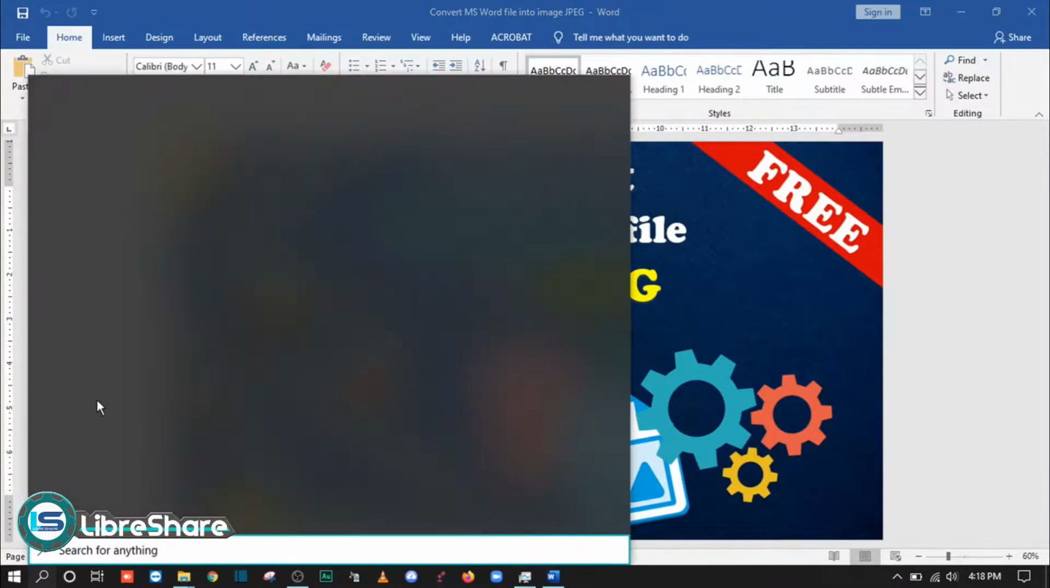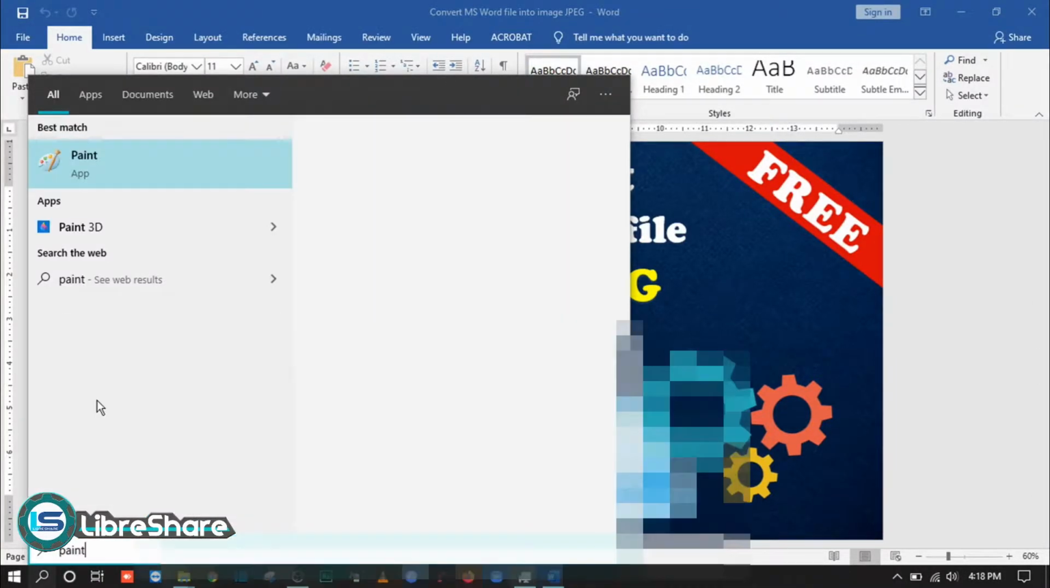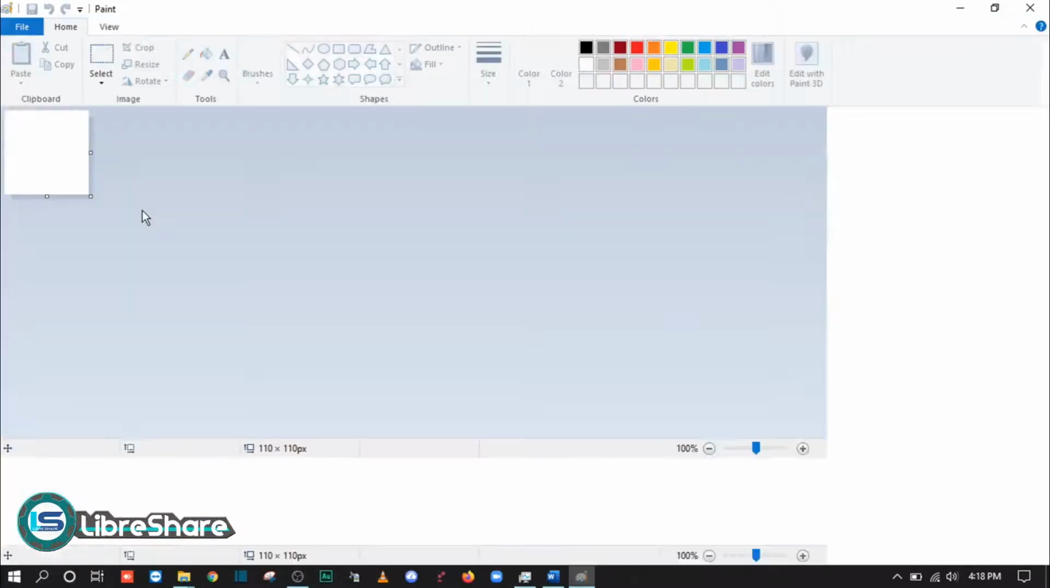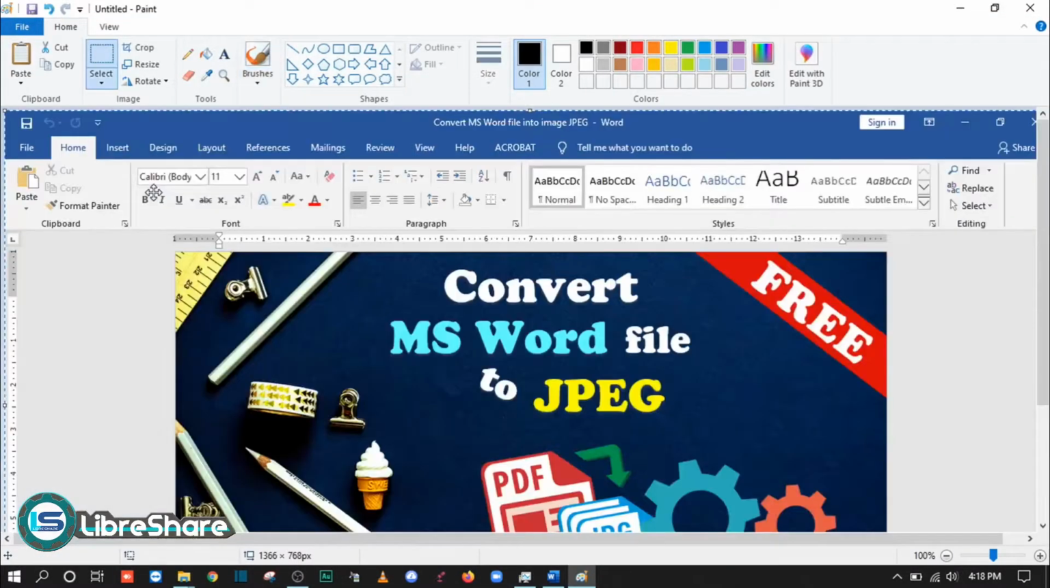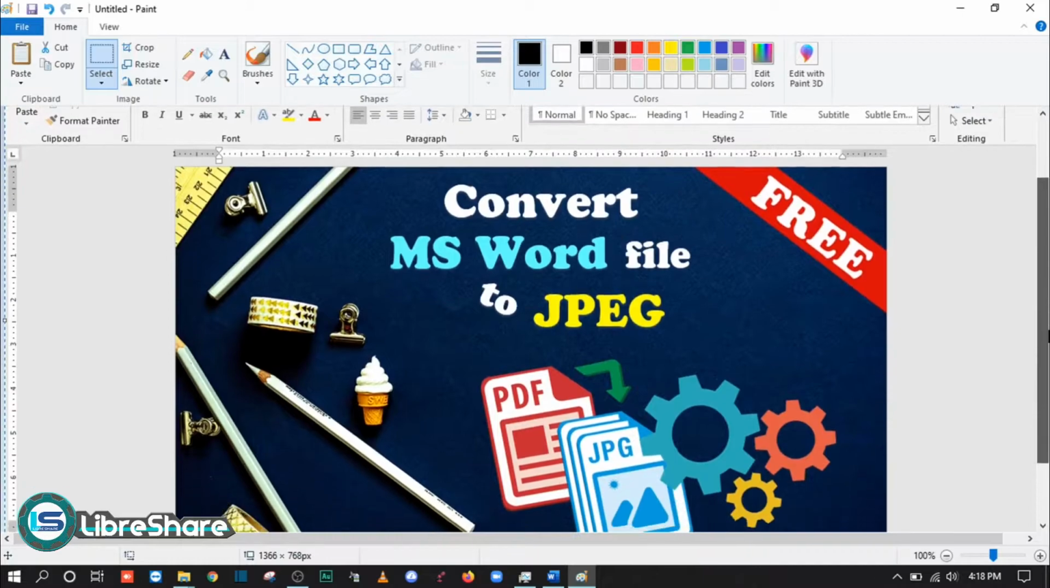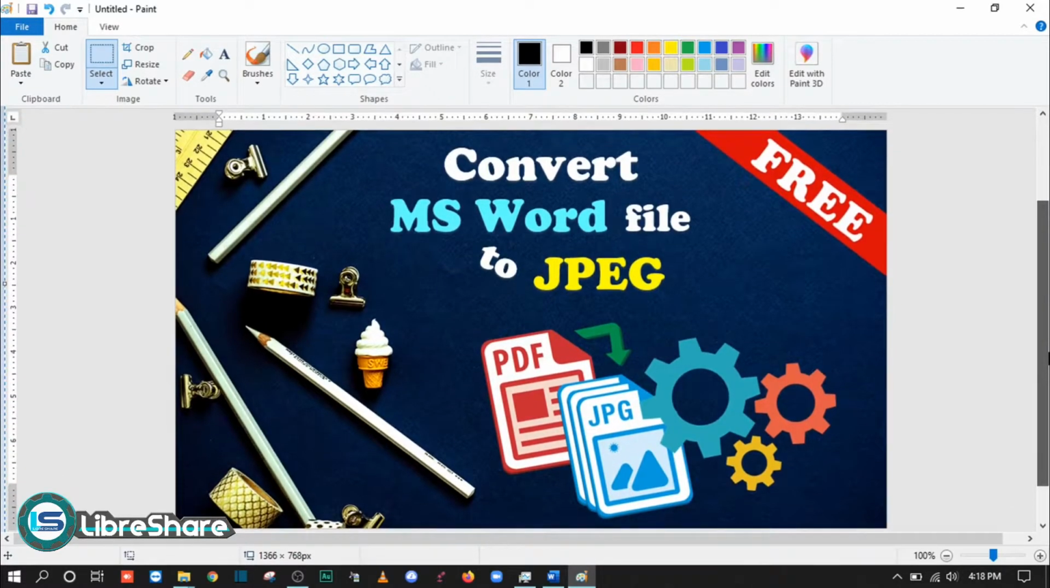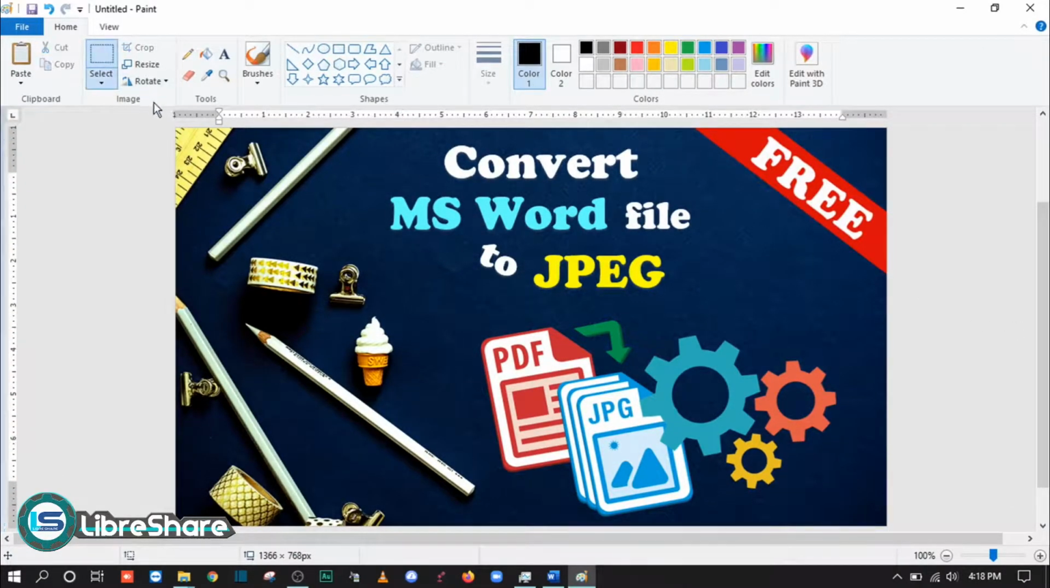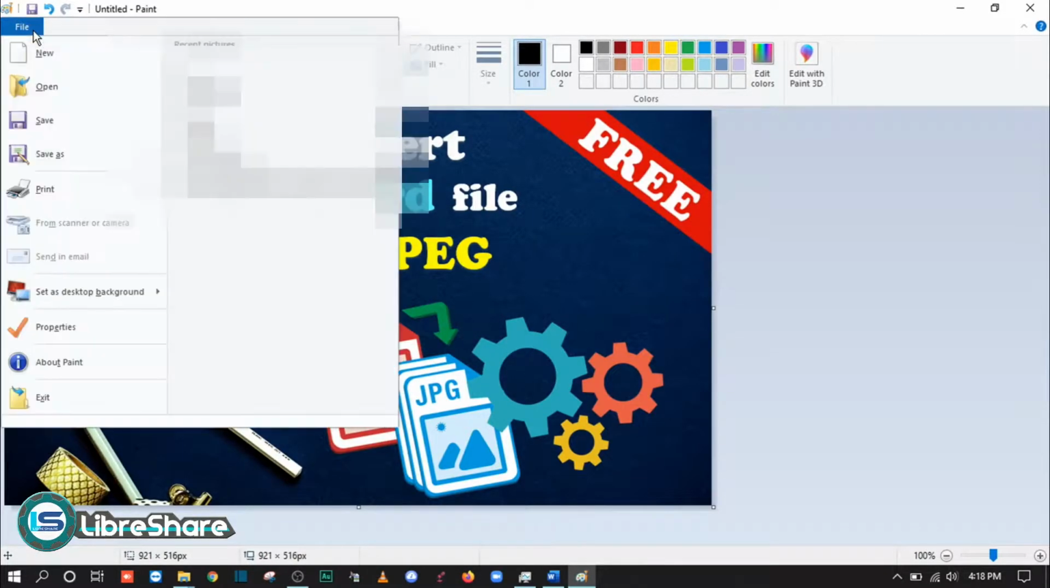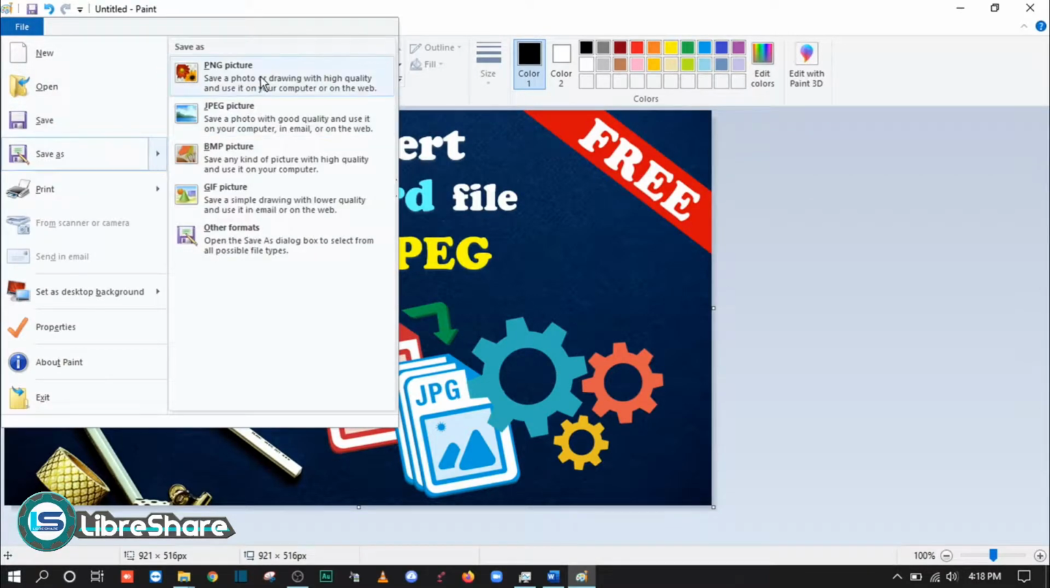Then open your Paint application. On your keyboard, press Ctrl+V keys to paste the image. Click the rectangular selection shape button. Then hold and drag to select the image. Click Crop. Now go to the File menu, click Save As,